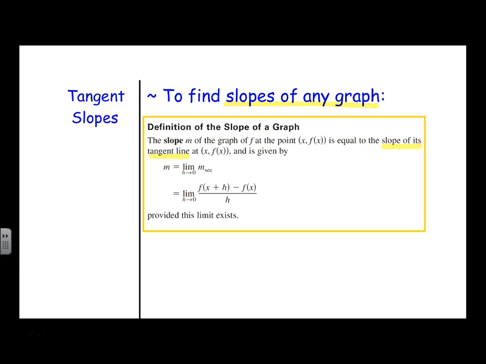The slopes of any graph, aka the slopes of the tangent lines to a graph, are the same thing as the slopes of the secant lines, which are great and all, but how does that actually play out? The limit of the difference quotient. And I'm going to take this one step further and say, hey, this is the same thing as